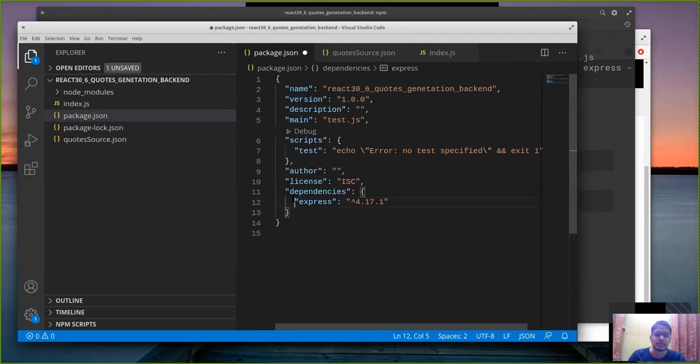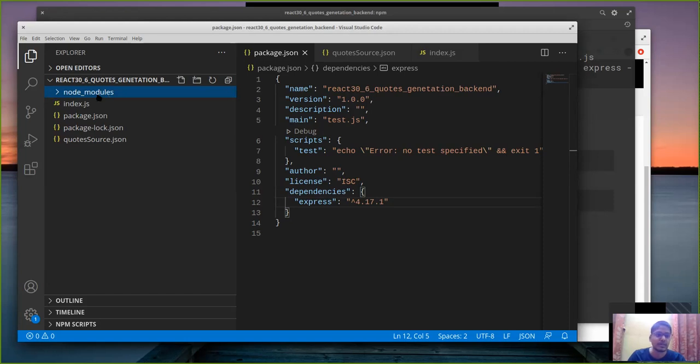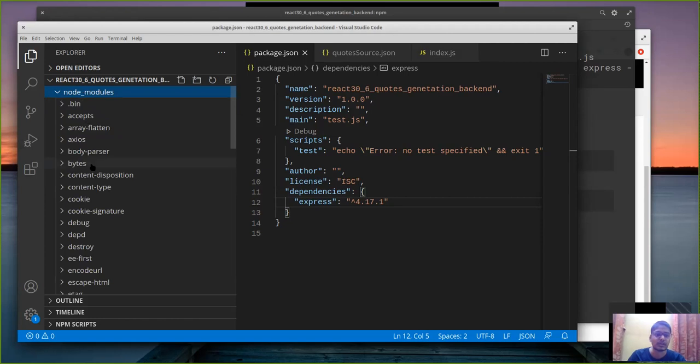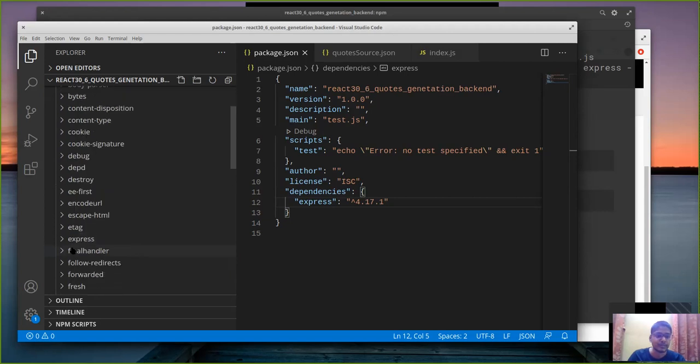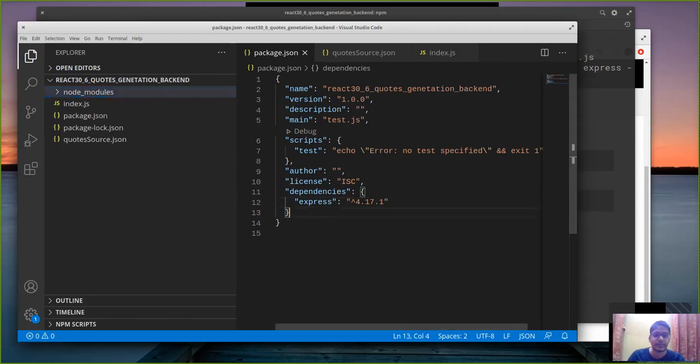Once you have Express.js installed into your project, you will find it in here. I had installed Axios earlier, there is no need for it. So here is our Express.js module installed, and if you want to see the files which were actually installed after running this command, you can check out the node_modules folder. node_modules is the folder where all the imported package files, or npm modules, get stored. And this is the npm module which got installed after running the npm install express command, and it has its own source code which we are not going to touch or look into currently.